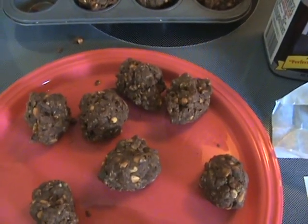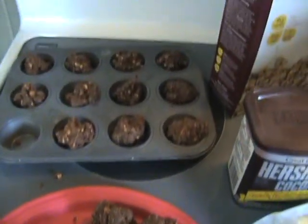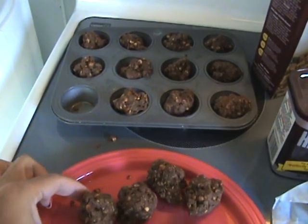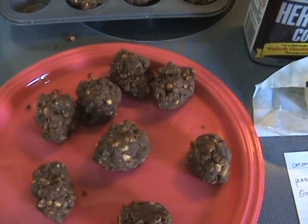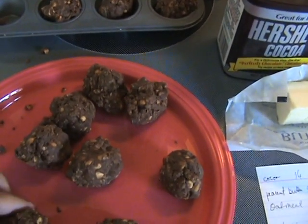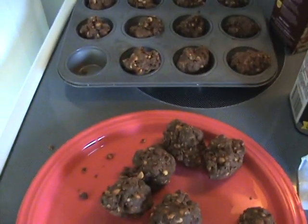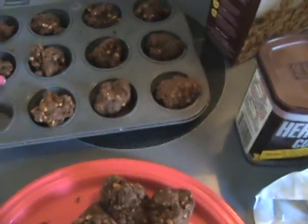I didn't do carbs, because I don't count too much on any of those. But anyway, that's the way my little protein balls turned out. They taste yummy. Trying to figure out how to store them. I think I'm just going to keep them refrigerated. See how well they stay together, and they stayed together this well even before they were cool. Now I've had these in the refrigerator for about 10 minutes, but like I said, I didn't really need to use a muffin tin, even though I started